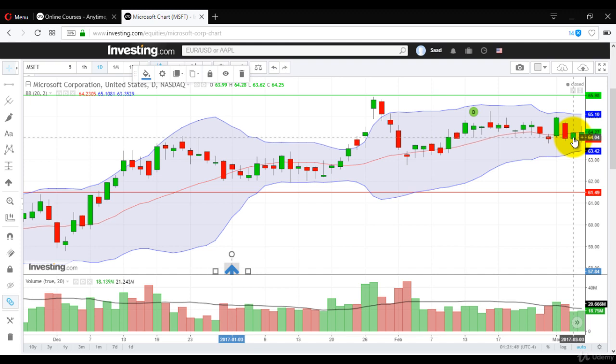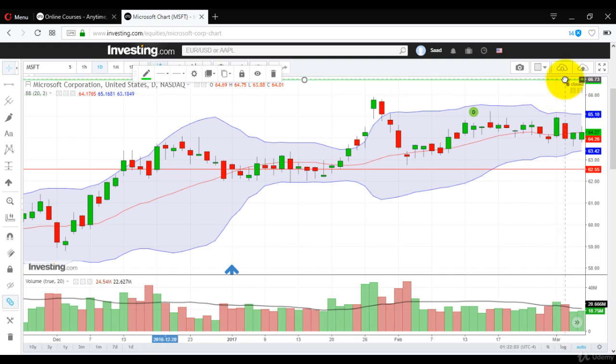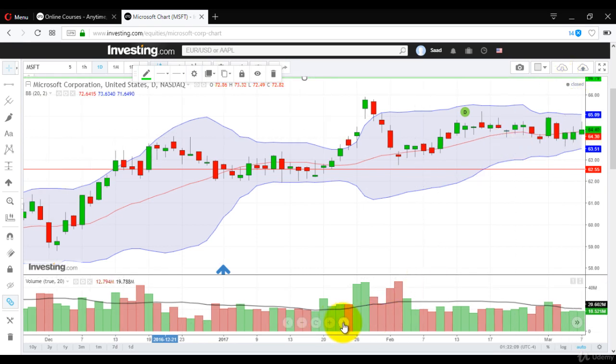So $2 is automatically made. We are more in profit. And we can still claim the same prices or increase the prices to this level and increase it further high to, let's say, 67. So this is the number one thing